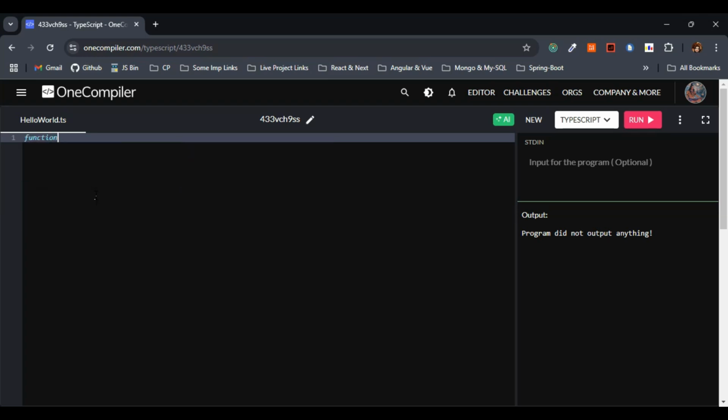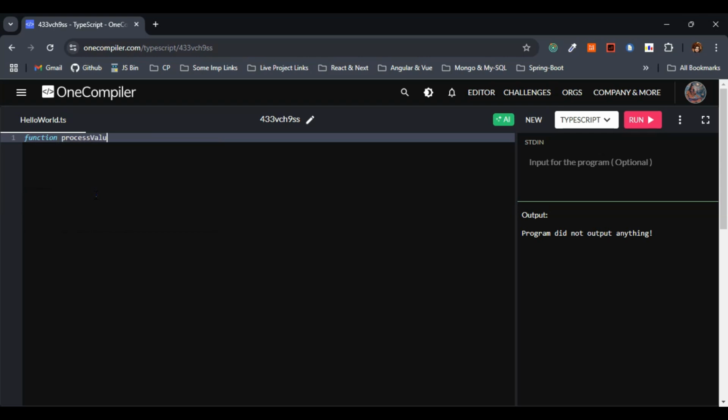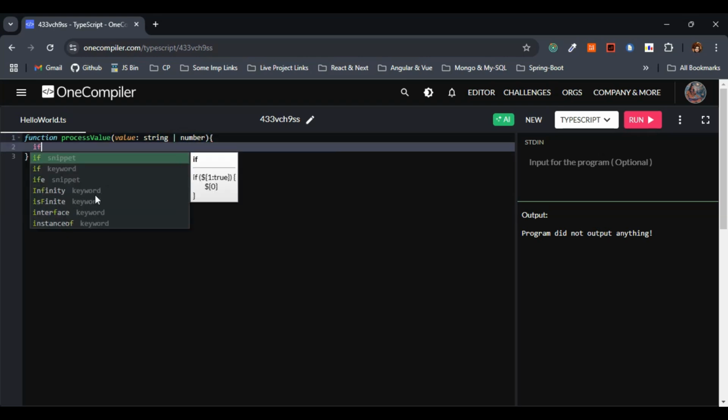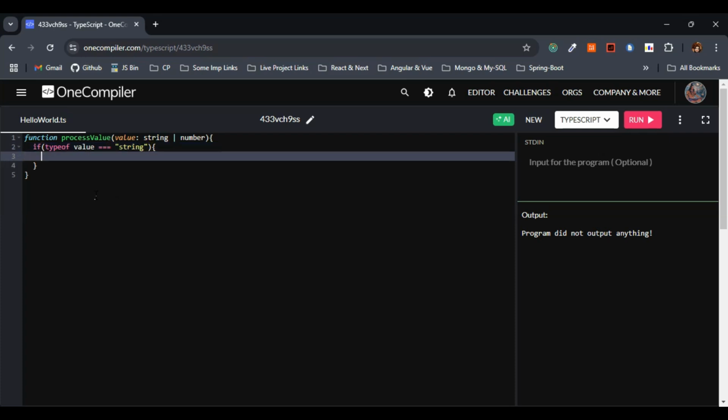So I'll just come here. Let me quickly create a function. Here, let me give processValue. Let me pass the value here. This value which we have passed as a parameter will be of type string. Let's make use of the union operator, or number. So here, if typeof this value is of type string, then what we will do, we will quickly come here and